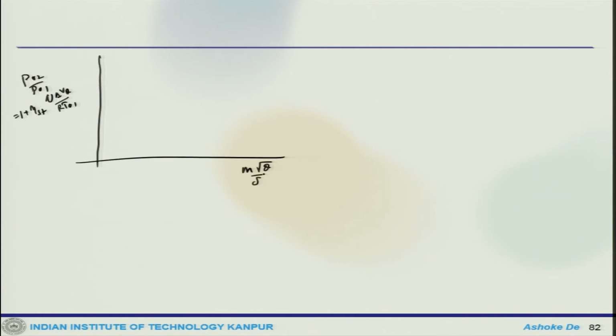Once we plot these curves, let us say P naught 2 by P naught 1, which one can also write as eta stage, u delta V theta by R T naught 1, and here m theta by delta, this is what we get. So these are 0.7, 0.8, roughly 1. So, this is my surge line,